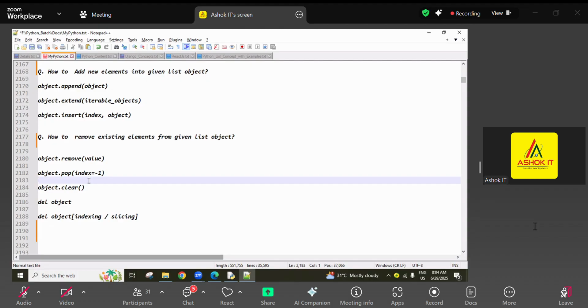No push method, Ansha. So in arrays we have a push method, and some other things. Yes. So the remove method removes based on values, the pop method deletes based on the index. For the remove method, if the given value is not available, what exception is returned. For the pop method, if